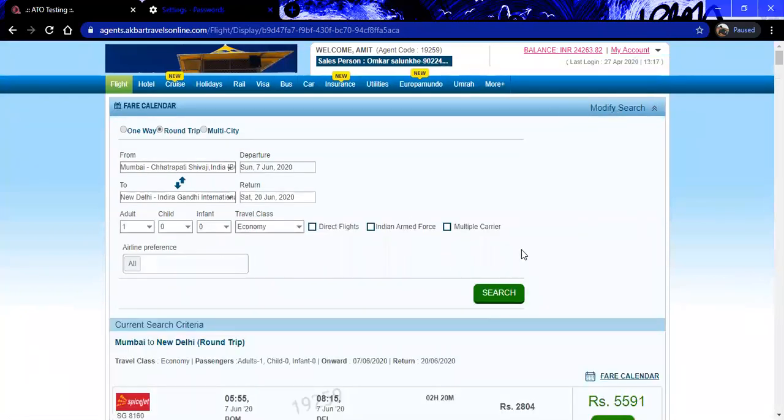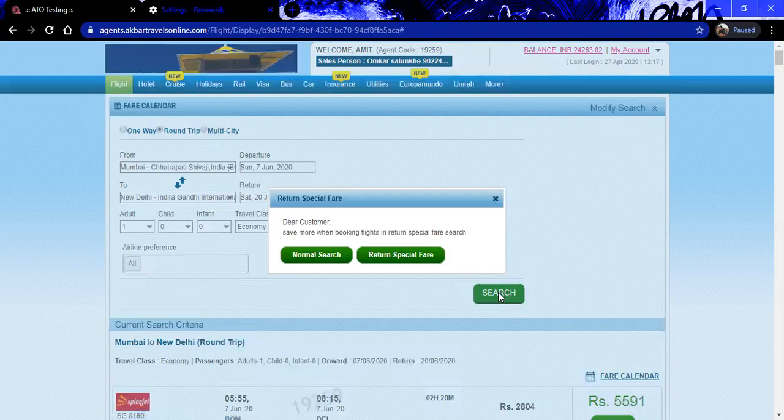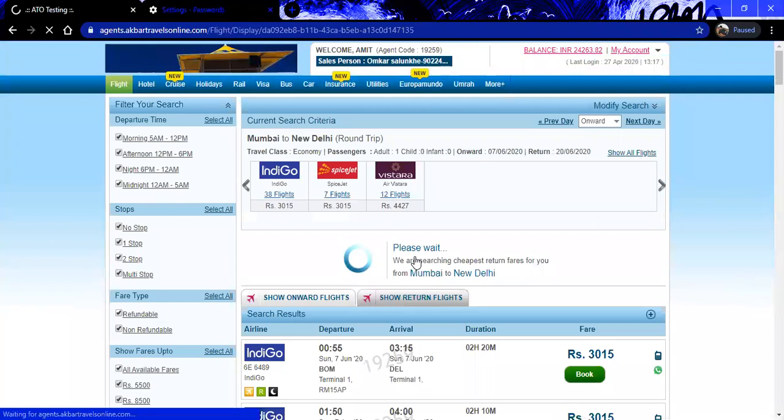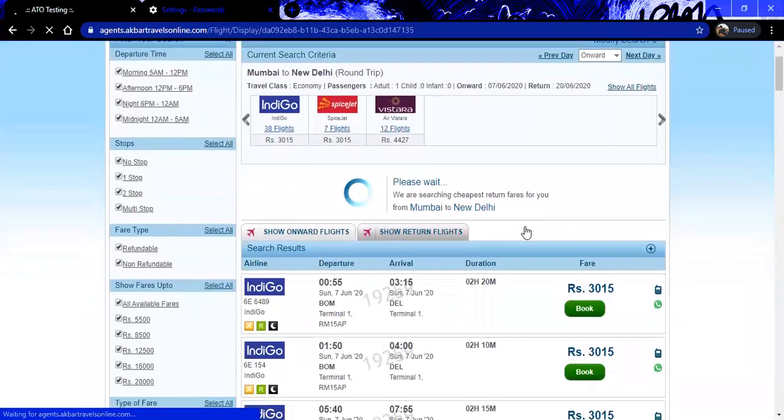Moving on to the next part, that is, if you search, we had an option called return special fare also. We just now saw normal search. Clicking on return special fare. Okay, whatever the page in front of us is, we are getting a return special fare page in which you can select the flights according to the onward different and return different. Okay, these are all only return special fares which you can get the benefit of according to the airline. Like first, it was a connection provided by the airline. In this, you can select it according to your preference.